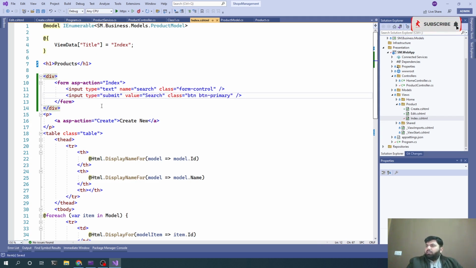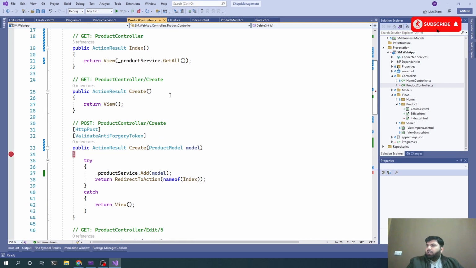And once we submit that form, the existing index action will receive a string, which would be a search keyword. So let's update our controller now,